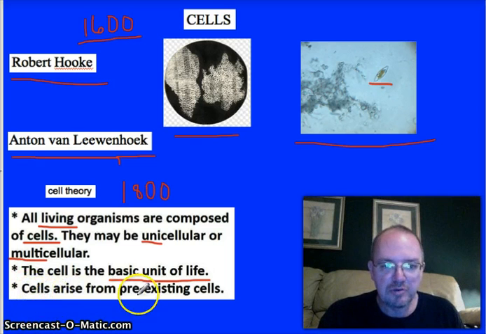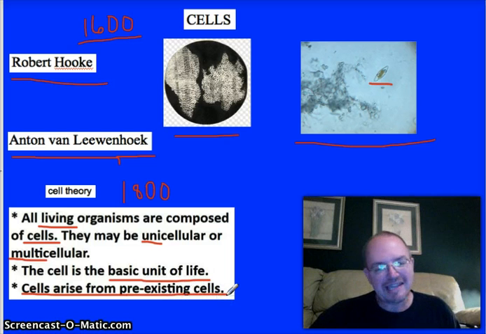This is to repudiate that cells arise from pre-existing cells. In other words, if you have an animal, you can't just get an animal coming from dust or dirt or non-living things. You have to have something living to produce something living, whether it's trees, whether it's other plants, whether it's at the bottom of the ocean, whether it's animals or humans even. You have to have pre-existing cells, pre-existing life